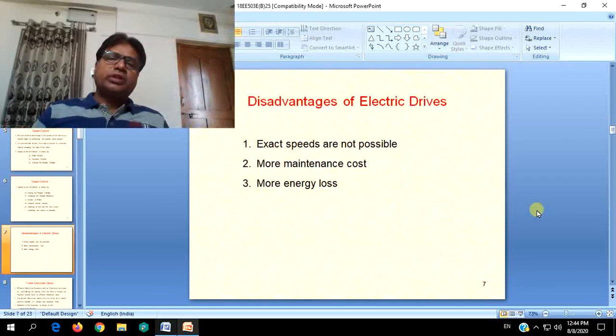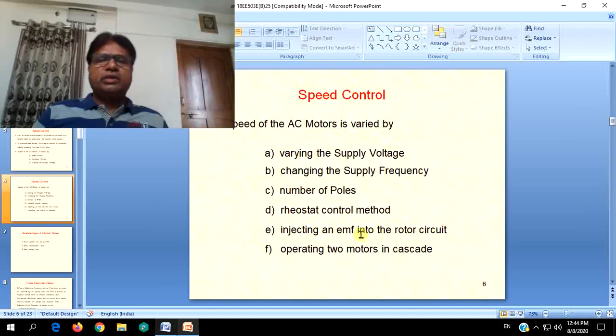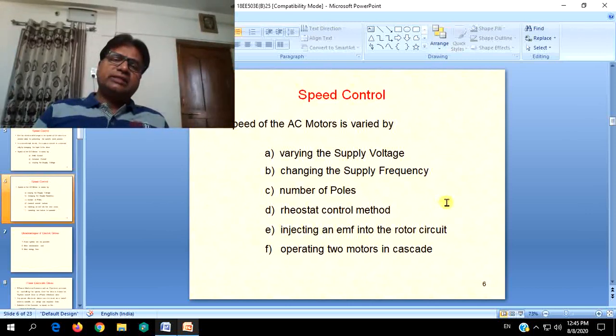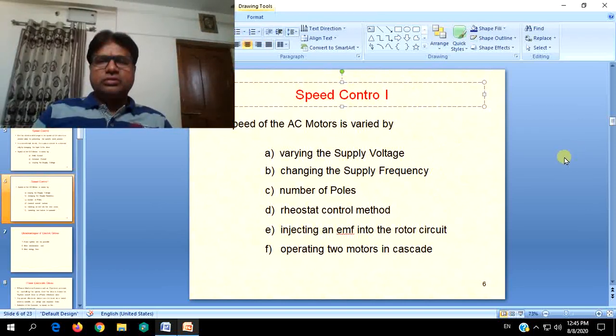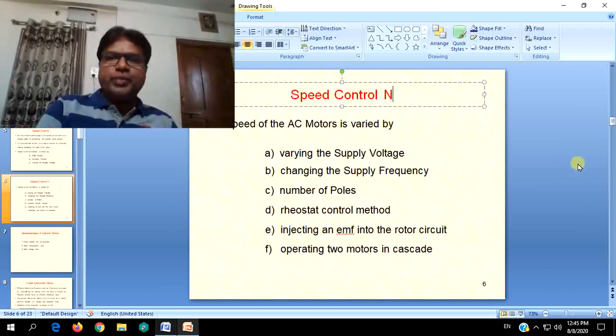And when it comes to AC motors, there are again many types of speed control suited for induction motors, and some for synchronous motors and other motors. By varying the supply voltage given to the stator or input supply, by changing the supply frequency, by changing the number of poles. We know that the formula for the synchronous speed of AC motors is in general expressed as Ns equals 120 F by P.